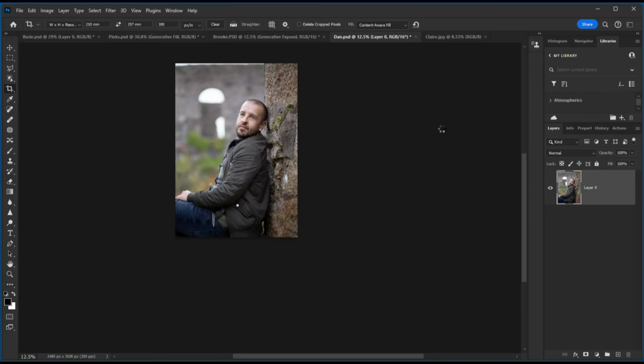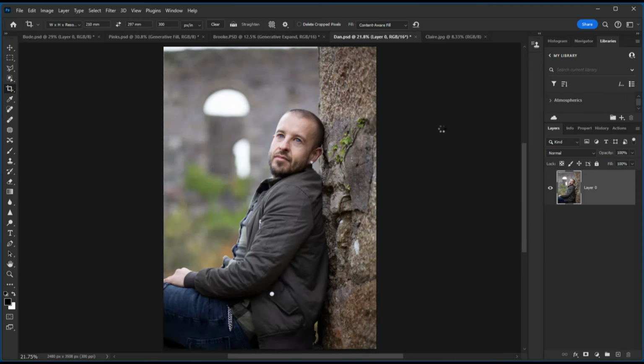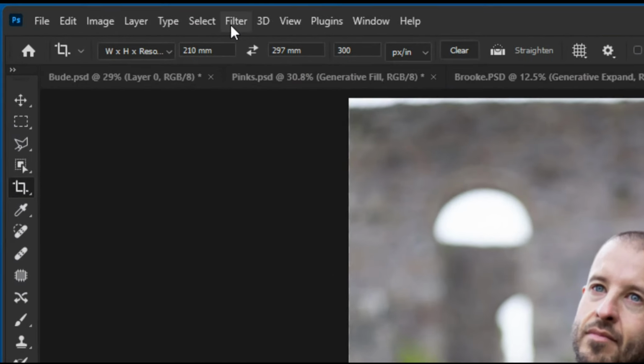Now let's suppose that I want to take that picture of Dan and I want to change the background completely. I don't like the stone wall and the background that we've got there. I want to change it for something else. So if I want to change the background, I've first of all got to select the background. So I can do that by selecting